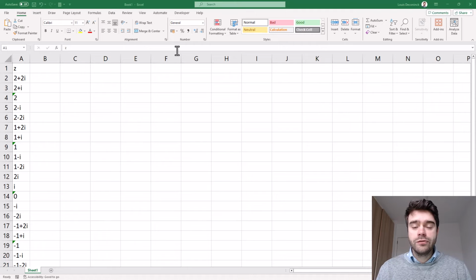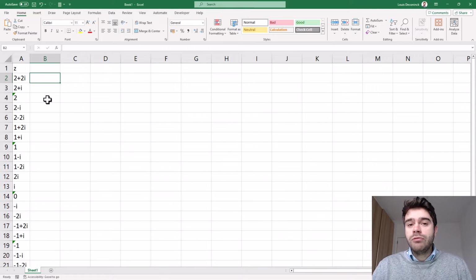The IMPRODUCT function within Excel allows us to perform a multiplication of two complex numbers. Now, whenever you're working with complex numbers, you might be wondering what the product of two of those numbers would be. Naturally, you might assume that we can perform a regular multiplication just like we would do when working